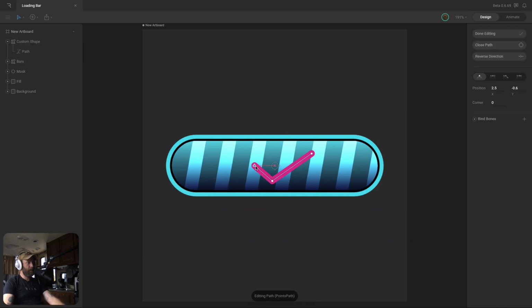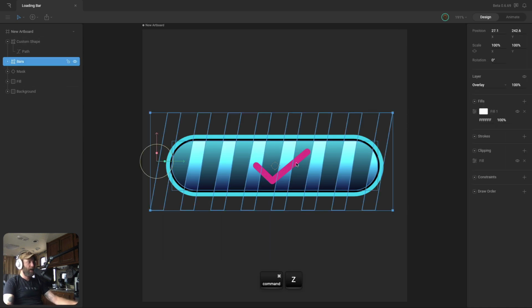I'm going to fix this up just a little bit. I've gone into Edit Vertices mode so I can control these vertices here, and just trying to make that check mark look how I want it. Okay, so we've got the check mark. Now what we're going to do